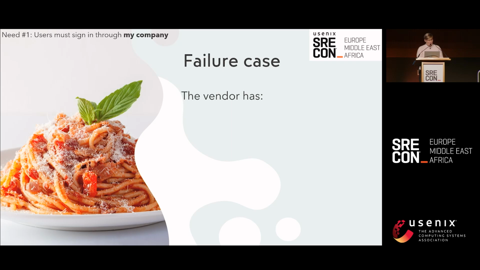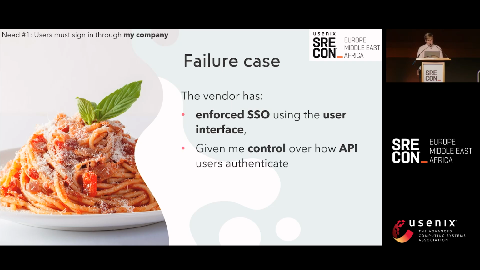So in this case, my vendor did a couple things I'm really happy about. They enforced single sign-on using the user interface. So in fact, everybody who goes to the front page is pushed through my SSO and they can't get in any other way. And they gave me control over how API users authenticate. I have some nice OAuth 2 tokens. I have a good refresh schedule set up so that those tokens don't just sit around for 10 years. Everything is good. But